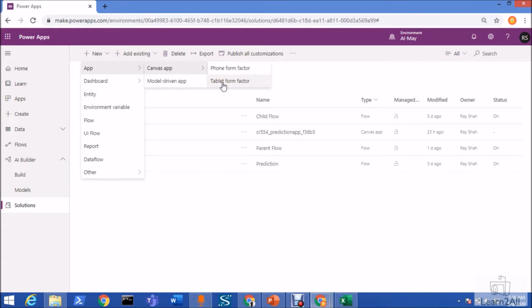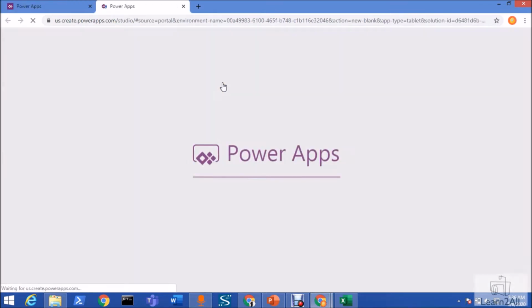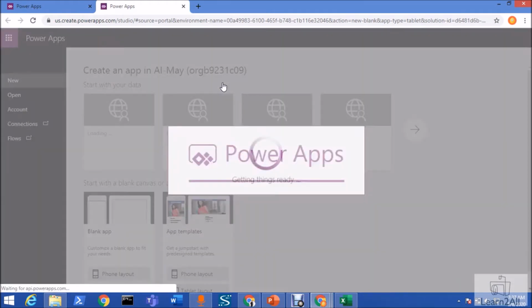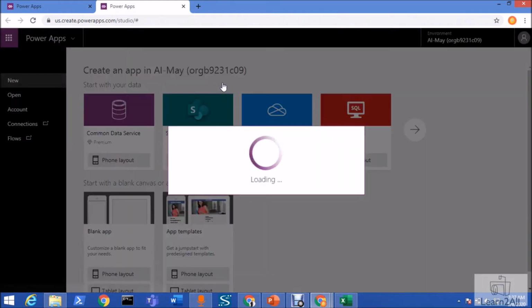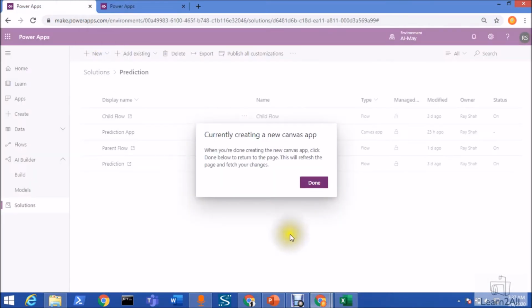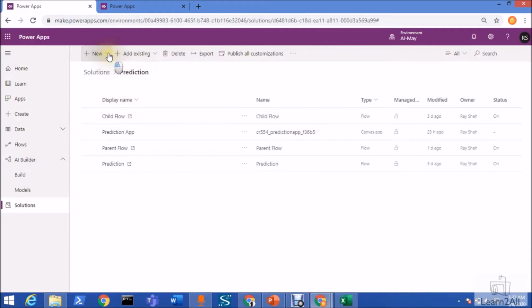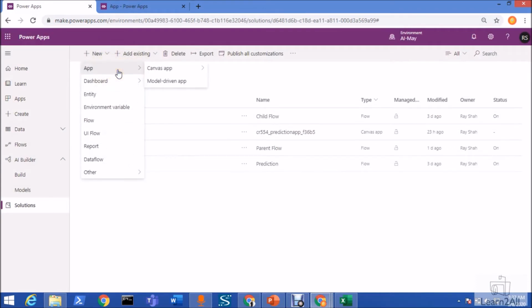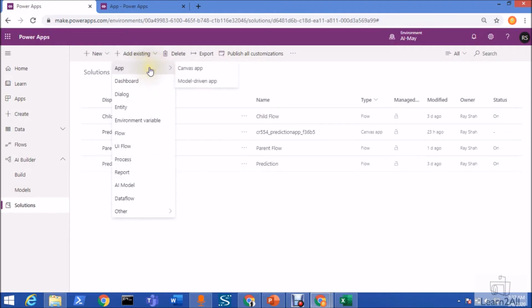So this will create the Canvas app inside this solution. This is one basic step you need to follow. Also, you can add any existing Canvas apps that you have already created. For that, you just need to go to add existing, and from app you need to add the Canvas app. So it will show all the available apps inside this tenant, and you can add that to the solution.